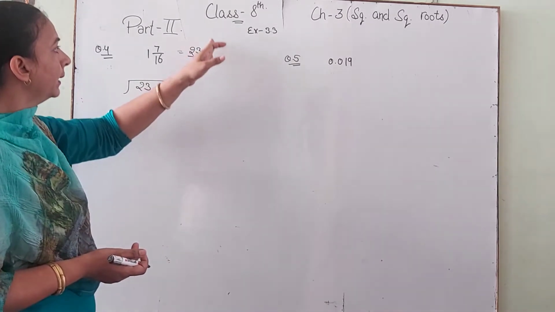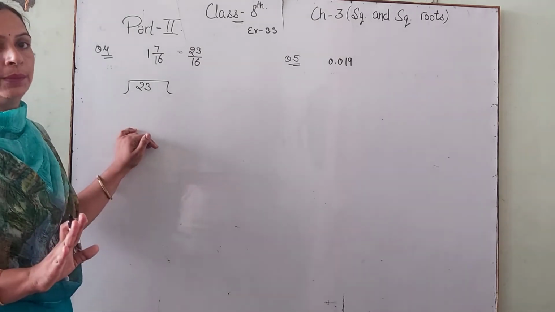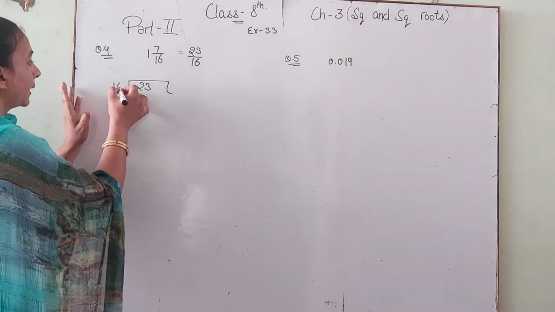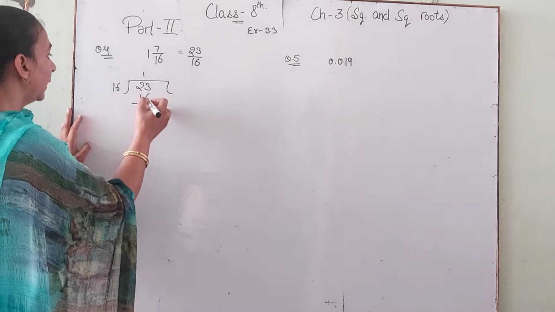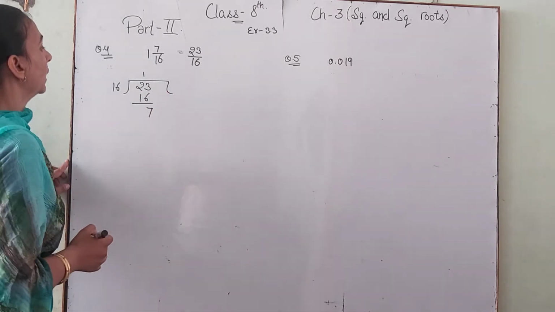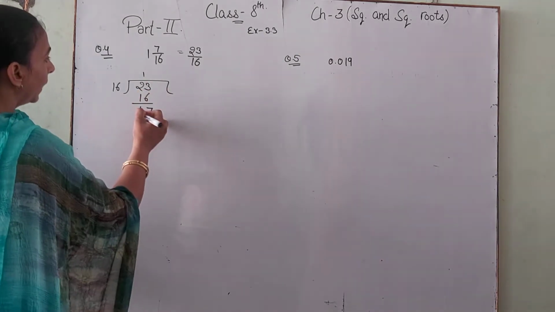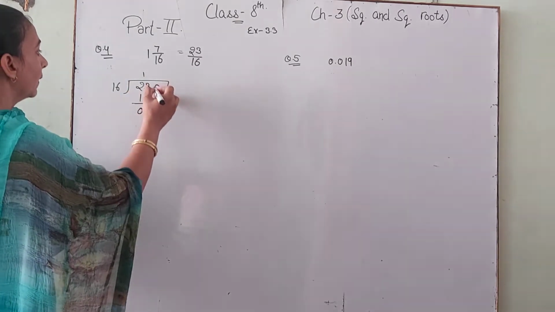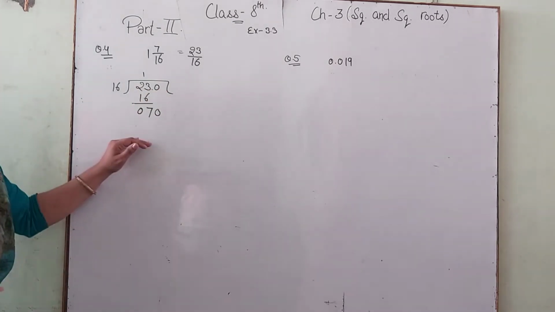If you take the direct square root, then no problem. If you take this type of square root, then there is no problem. Okay. If we divide 23 by 16, then 16 1s are 16, minus 6, 7. 16 13 minus 6, 7, then there is a 1. Sorry, there is a 0. Again we take a 0. You find this type of complete decimal.